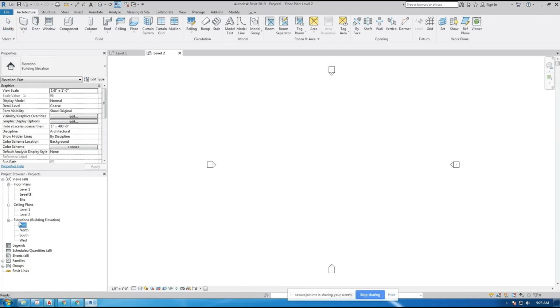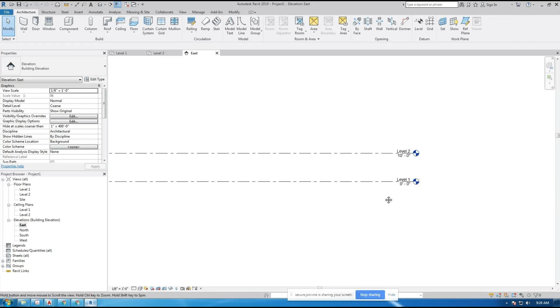If I take a look at east, for example, under elevations, I'll be looking at a drawing from the east orientation. So imagine in the center of these arrows, your file will be here in the center. These arrows are basically looking at the elevation of your building. So as I build something, these arrows are launching a view. They're like cameras from the north, from the south, from the east, from the west. So launching east elevation,